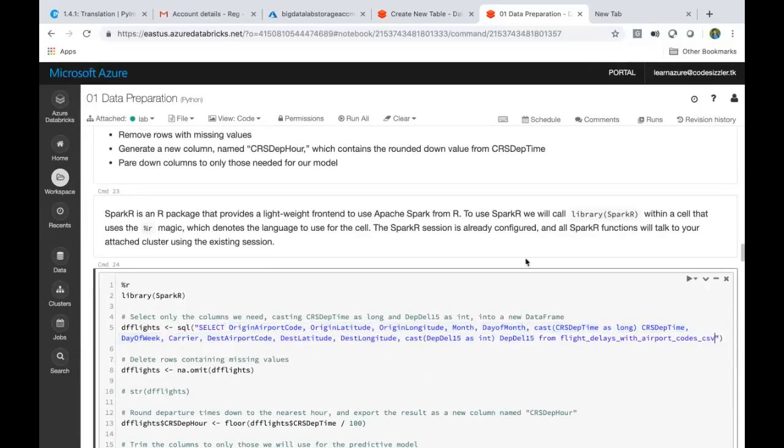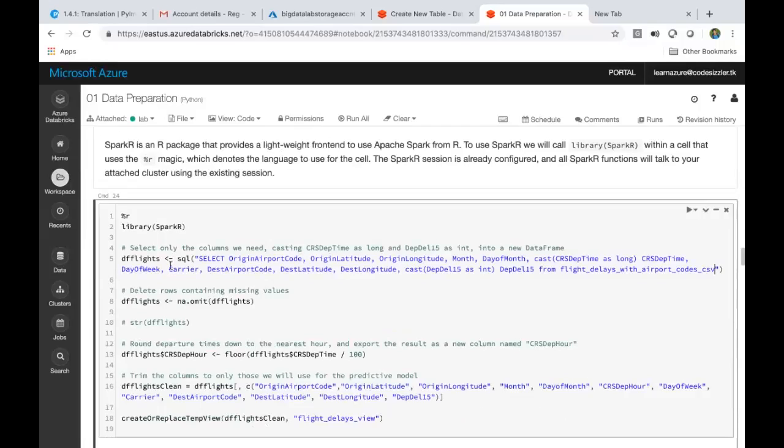The first thing we do is take only the required columns and cast them to long and int in the new data frames. The second thing is I want to make sure I omit the missing values. So I'll say na.omit on this data set. Whatever missing record we have, it will remove it.